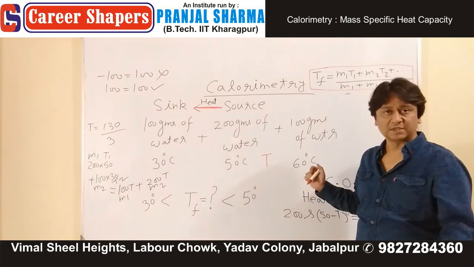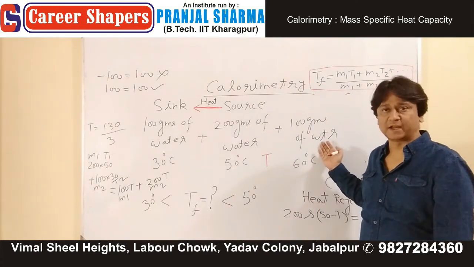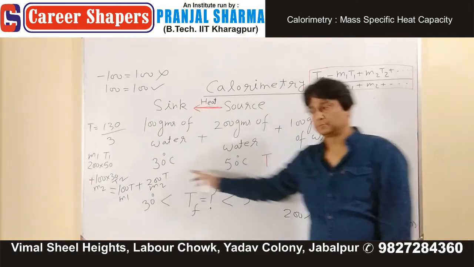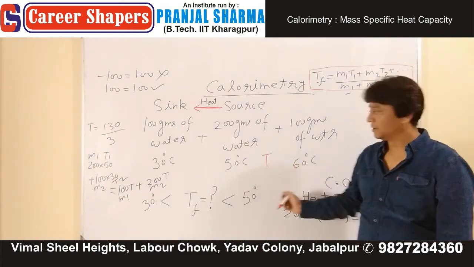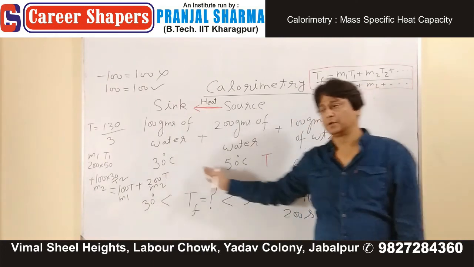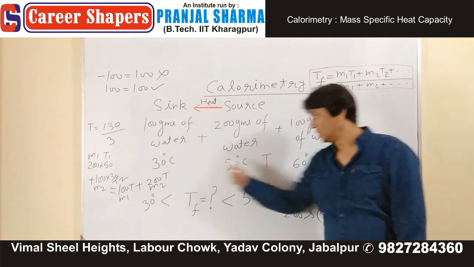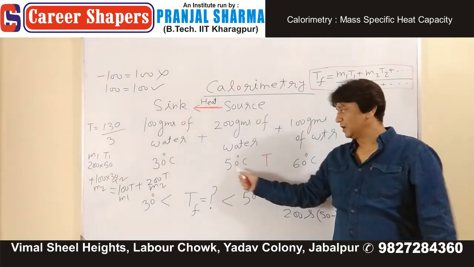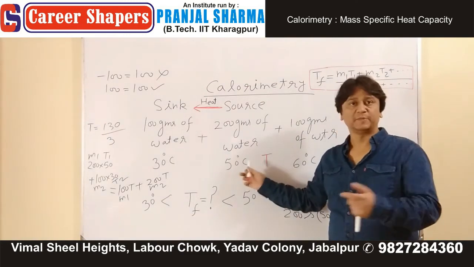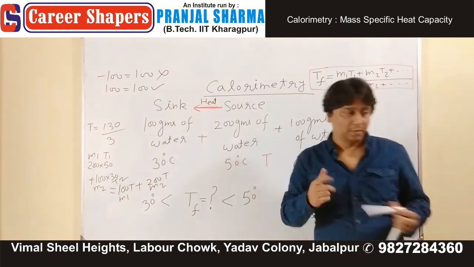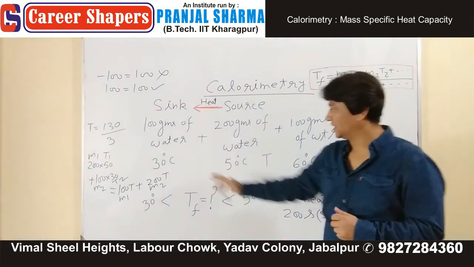Then what is the source? And what is the sink? High temperature, heat will be supplied. They are at low temperature. They will receive heat and their temperature is going to increase from 30 to T, 50 to T. If this receives heat, then it is basically what? Sink. But if final temperature lies between 30 and 50,